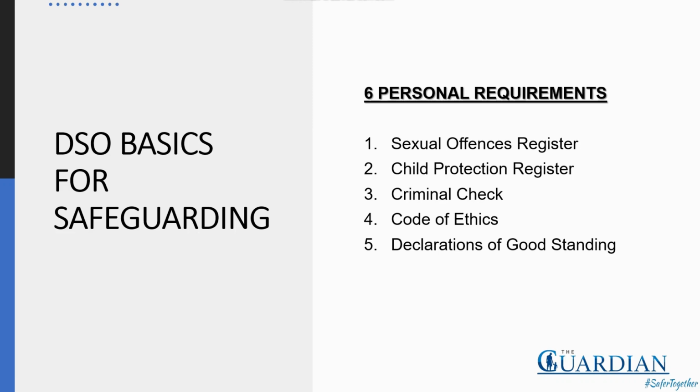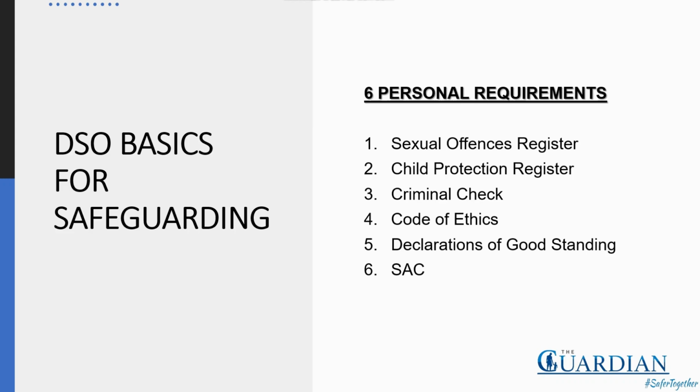You can email those through to us. We'll upload it onto your Safeguard profile for you. And then finally, the 6th thing, which is your SAC, or Safeguarding Awareness Certificate. This is an online course that is accessed through your Safeguard profile. Don't stress too much. We are going to go through what Safeguard is in the meeting that we are going to have. Essentially, it's 7 modules. It shouldn't take you very long to do. The average person does finish this in 2 hours. There is a little multiple choice exam at the end, and it is very basic.